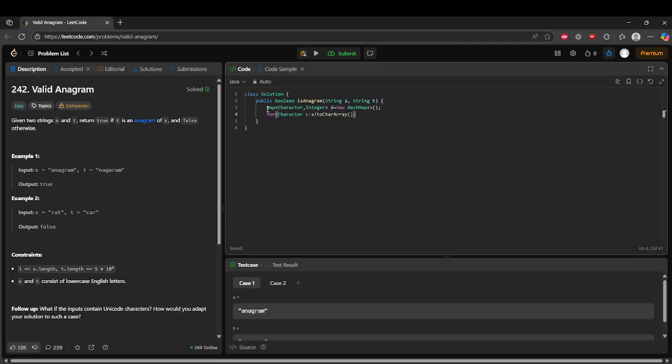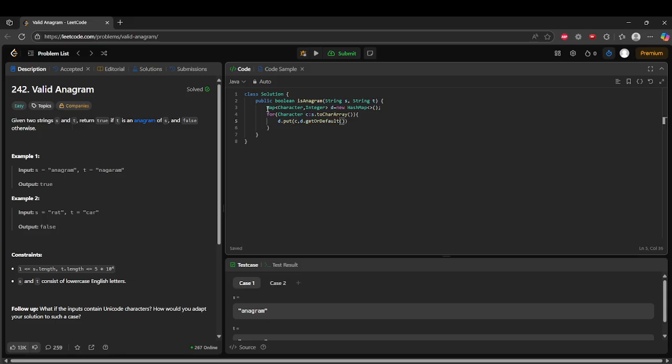So one thing you have to note is that in Java you can't directly iterate through S and get the values as characters itself. It is a very strictly typed language, so you have to convert it to a character array before iterating through it. So what you will do, d dot contains key, or else what we can do is d dot put in the position C you want to do d dot get or